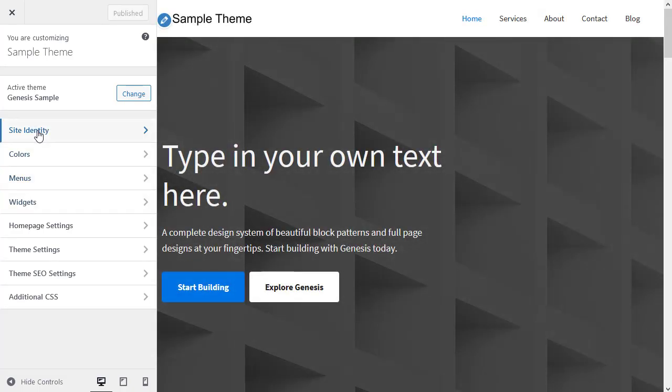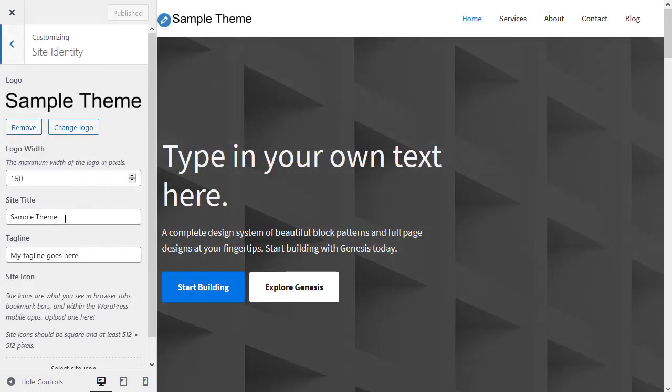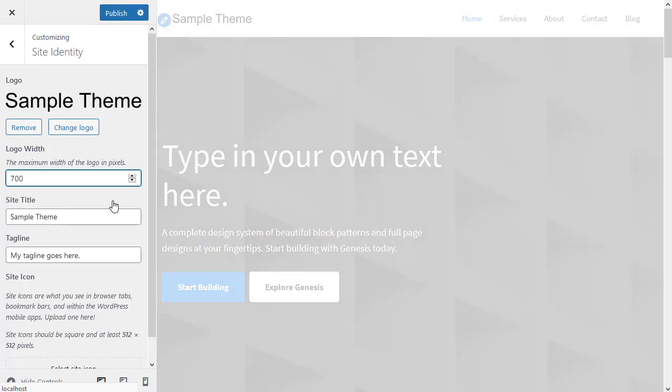Now click site identity. You can either type in the name of your website. Now what I've actually done, I've used an image logo. You can upload the logo here. But if you look at the size of the logo, you've got an option here for changing the size of the logo. Now the logo image I've used, this looks like a text, but it's actually an image that I uploaded. If I change that to 700, which is the recommended size for the logo,